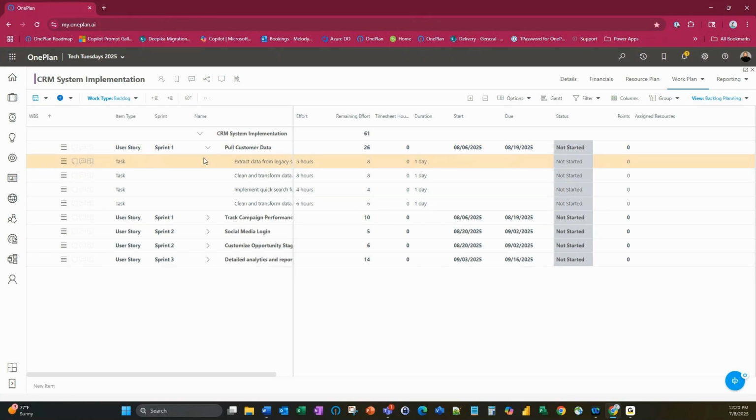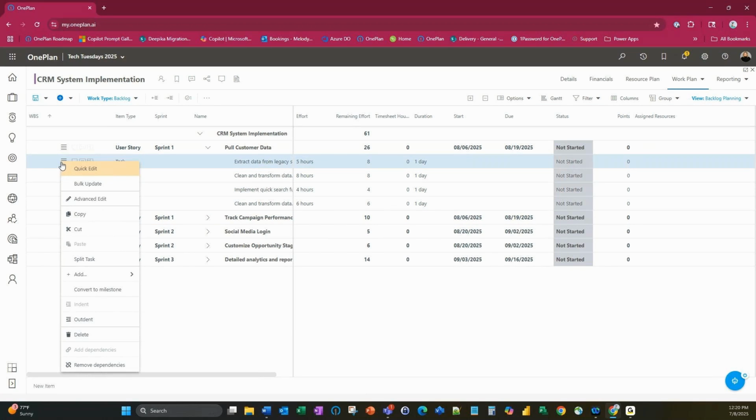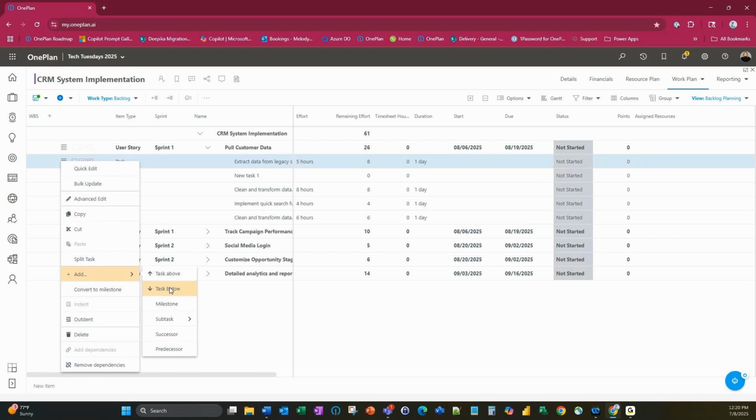One of the other things that you'll see inside of the backlog is it will take all of the remaining effort and calculate it up into one area. So for example, we have our sprint 1 here, where we have just started populating our stories. And it's pretty easy to populate a story or a task in here. You just quickly go ahead and you can say, add a task above or below. So I'm just going to click below.